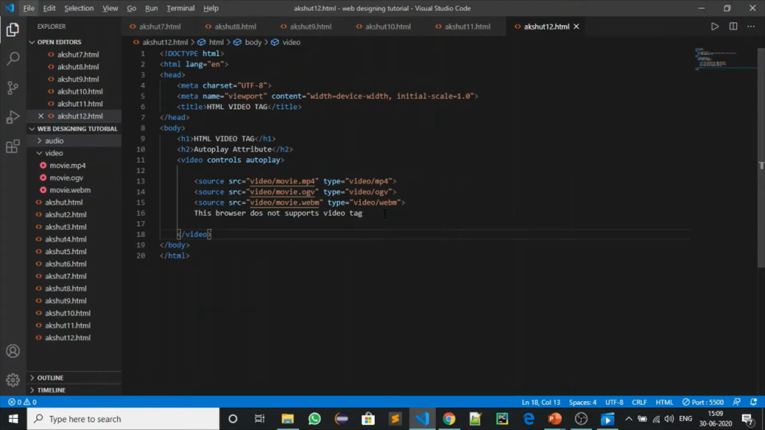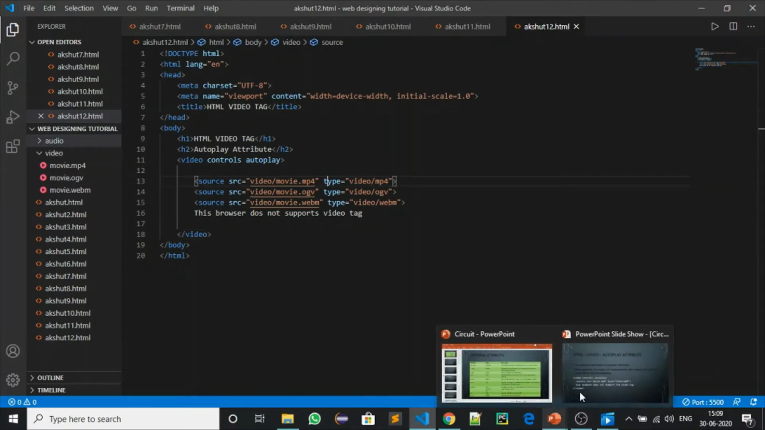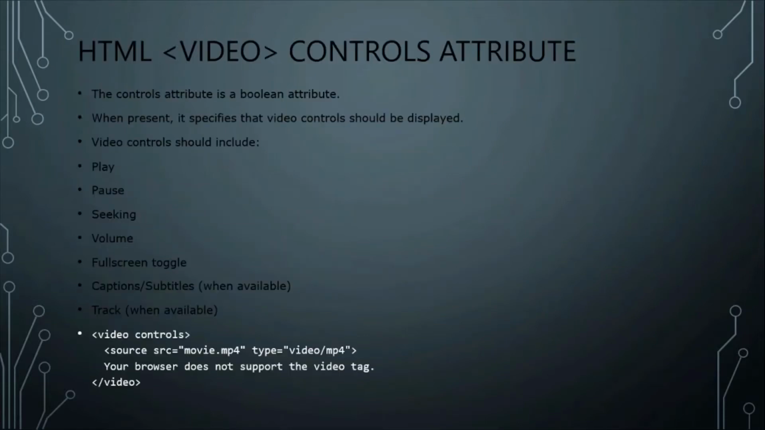So I think you must have understood this autoplay attribute. Now I will also tell you about another attribute. The next one is the controls attribute. The controls attribute is a boolean attribute. So when it is present, it specifies that video controls should be displayed. So the video controls are here. It should include play button, pause button, seeking, volume, full screen toggle, caption, subtitles if they are available, and